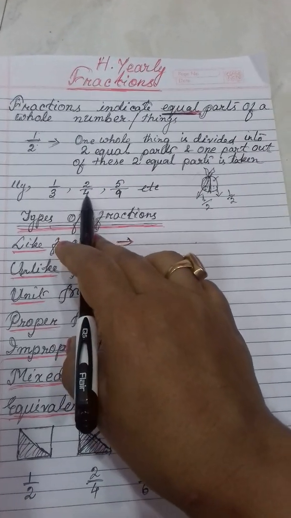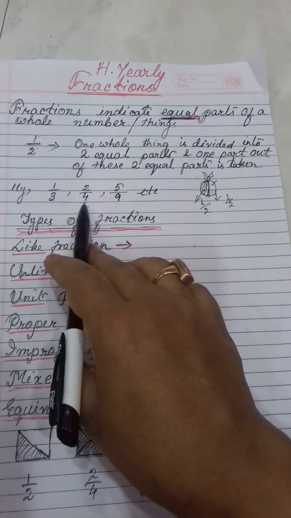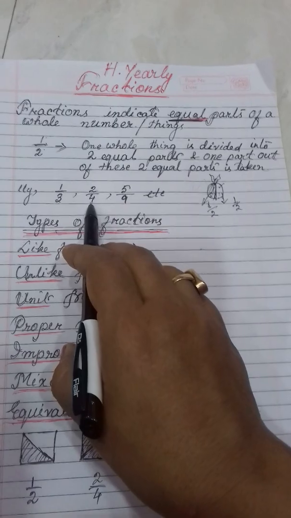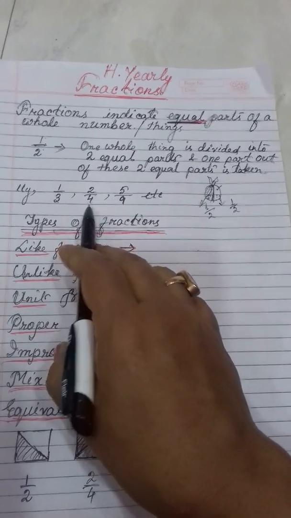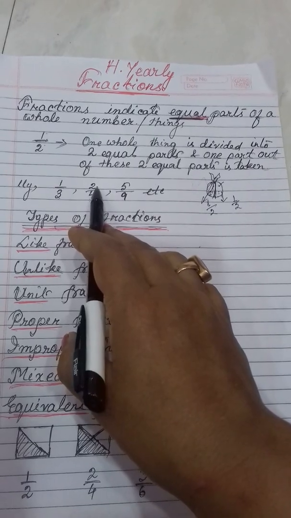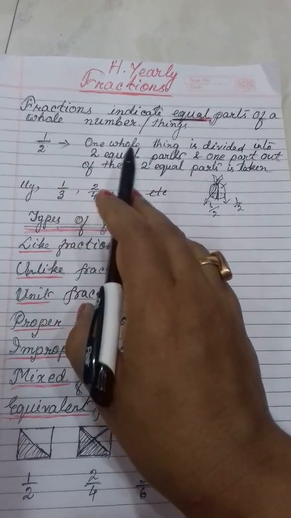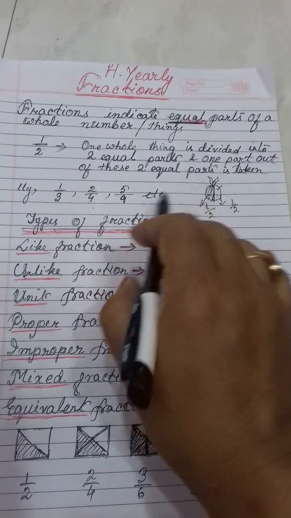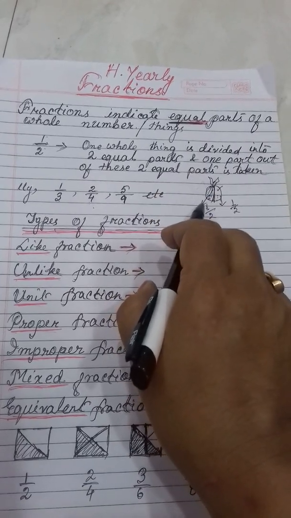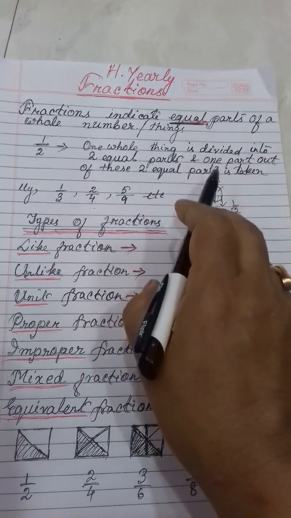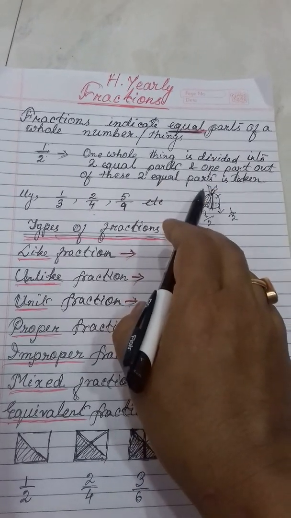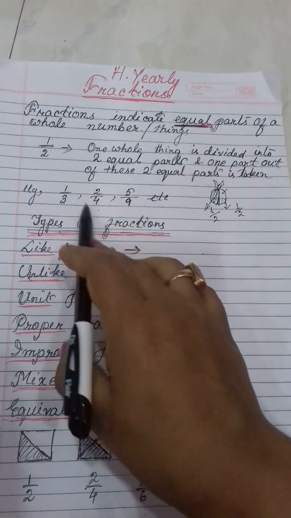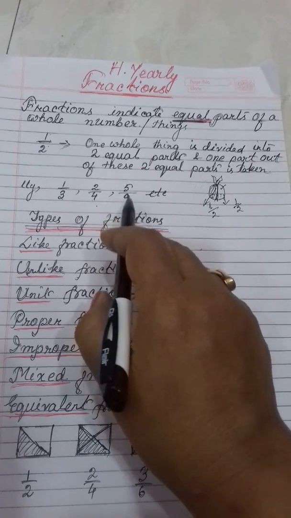Same way, 2 by 4, it is also a fraction. What does it mean? Here it means, suppose any whole thing, you have divided into 4 equal parts, and suppose 2 friends are there, same apple I am considering. Suppose this apple you have cut into 4 equal parts, and those 4 equal parts you will distribute among 2 of your friends equally. Then each friend how many parts will get? 2. That means indicate that one. Clear? Same 5 by 9.